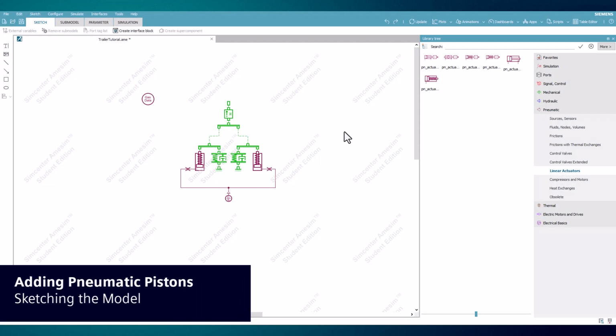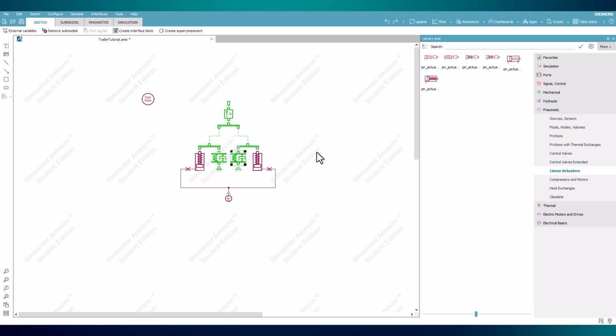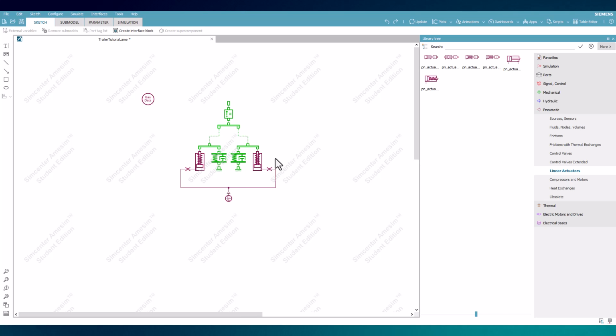Opening AimSim, the model has already been built upon from the one in previous videos, including the mass component and both of the spring and damper components. New additions from the pneumatic library begin with single pneumatic chambers with a single rod jack to replicate the piston, which are implemented for each of the suspensions. These components will work in parallel with each other on the mass with the linear node components.